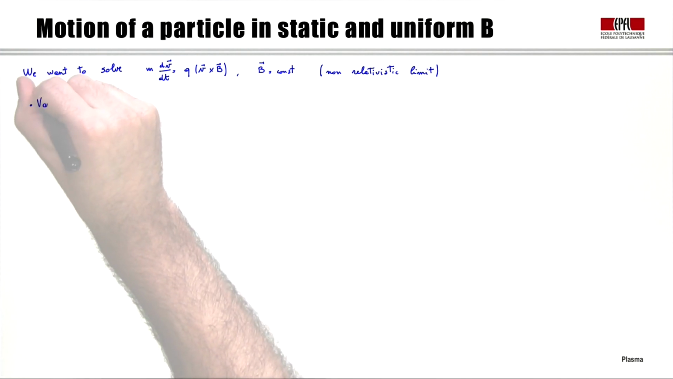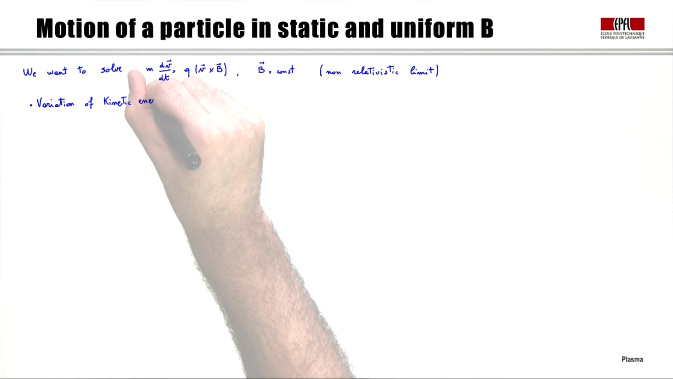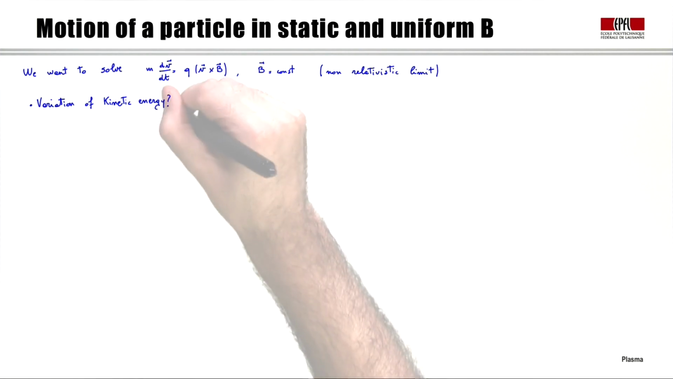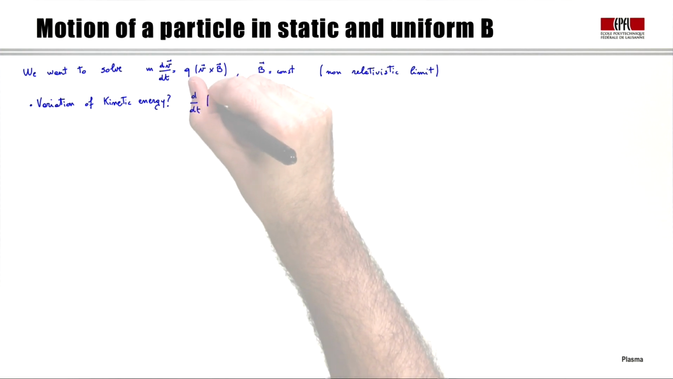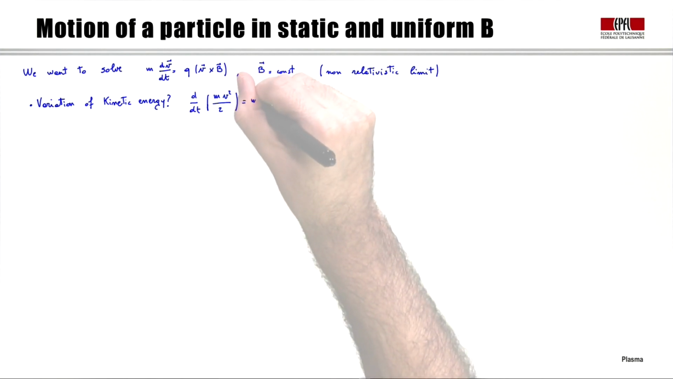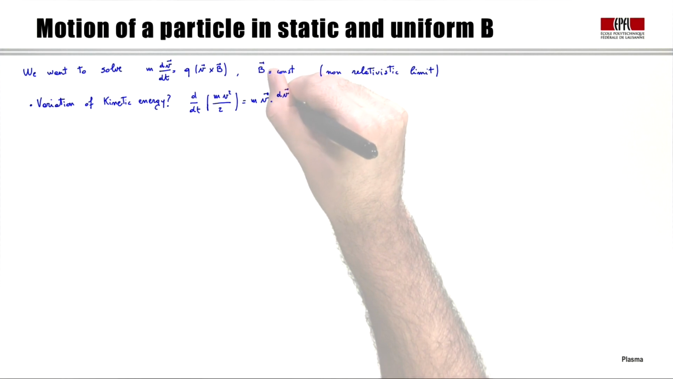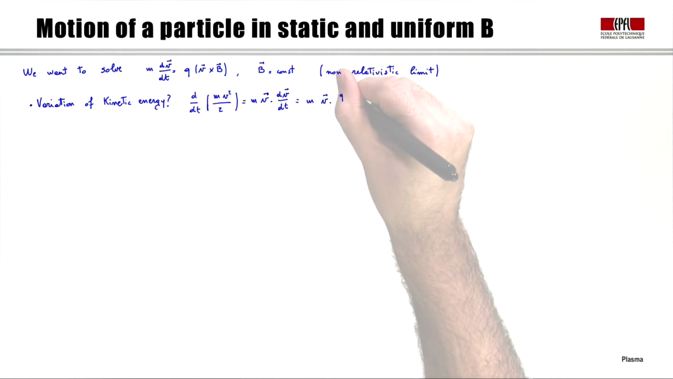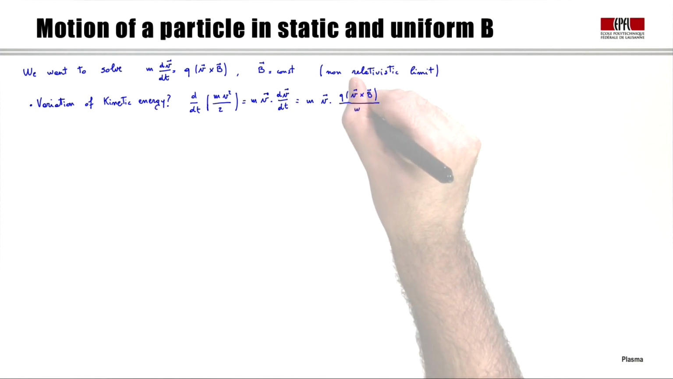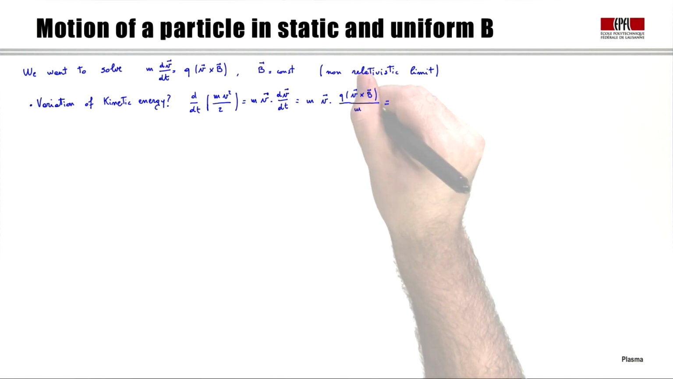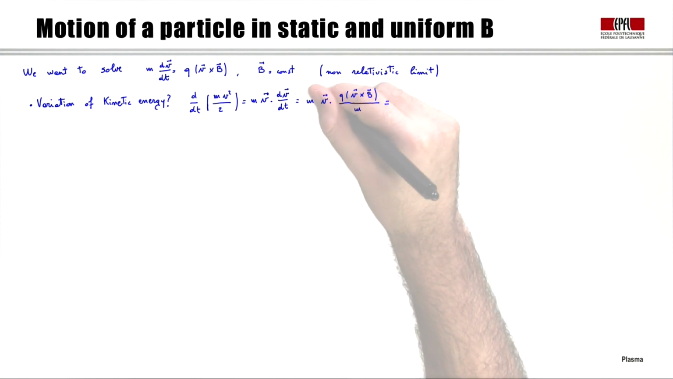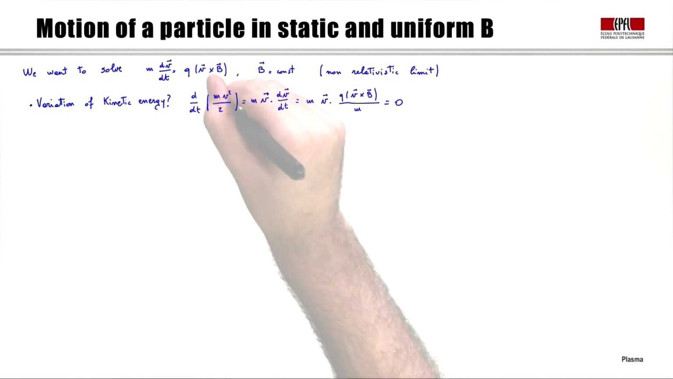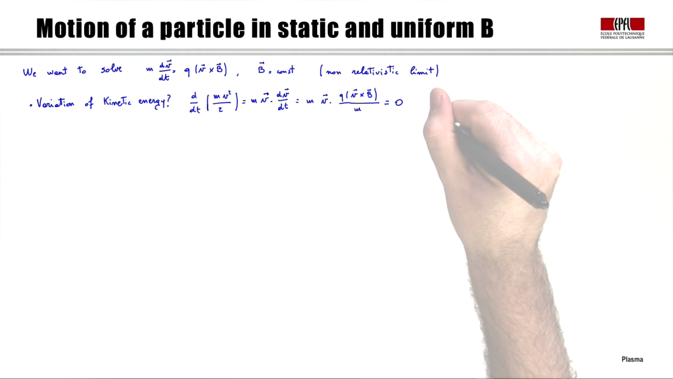The first thing that we want to understand and estimate is the variation of kinetic energy. Well, we can study the time derivative of the kinetic energy, which is given by m v dot dv/dt. dv/dt is given by Newton's equation, and is given by q v cross B divided by m. Now v cross B is perpendicular to v. If we take the dot product with v, what we obtain is that this is 0. In other words, d/dt of the kinetic energy is 0,